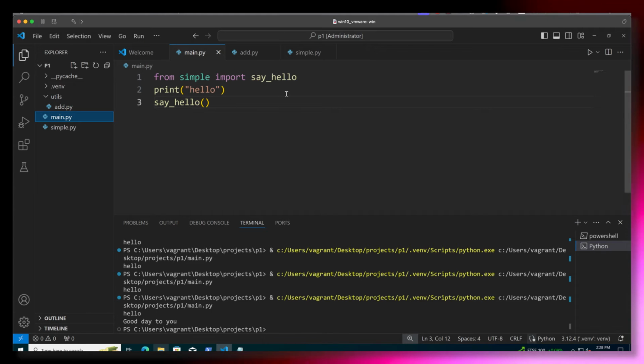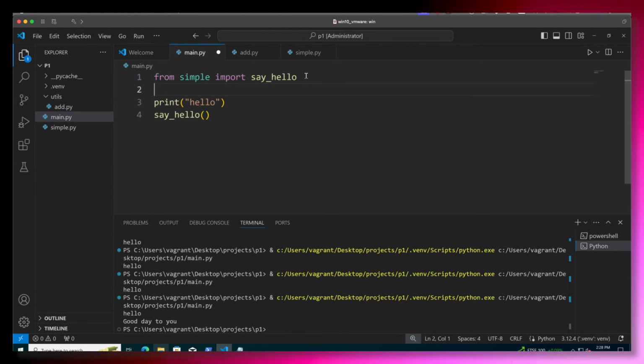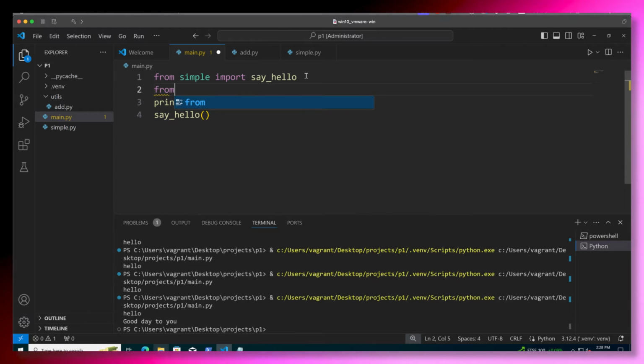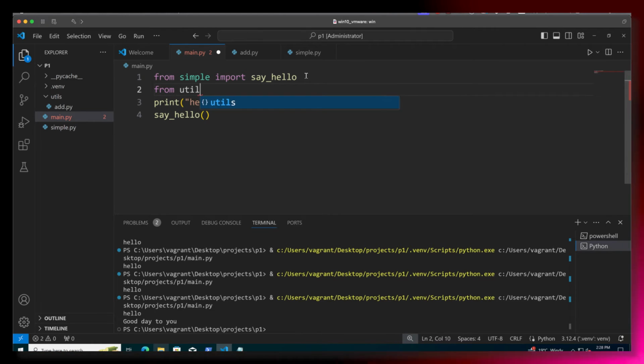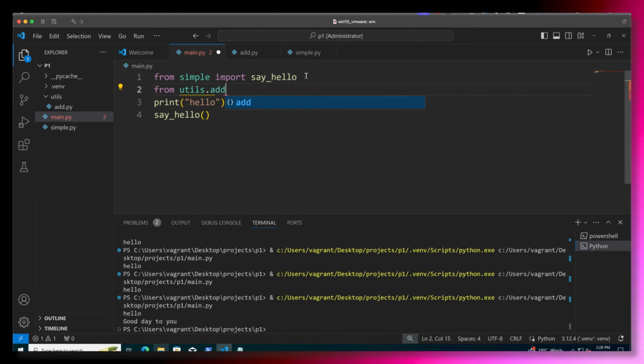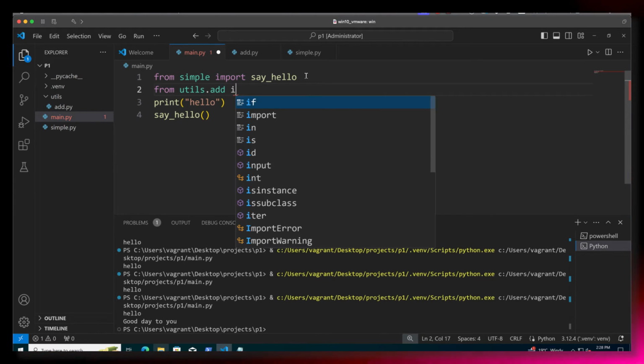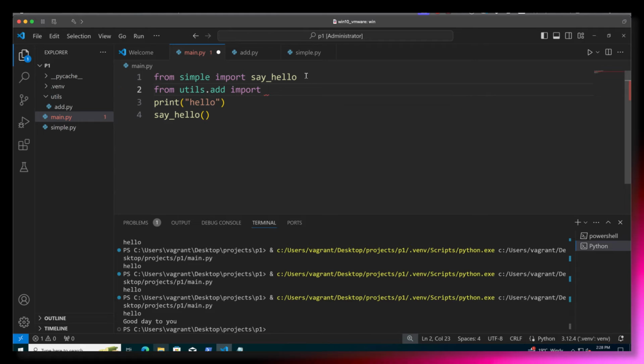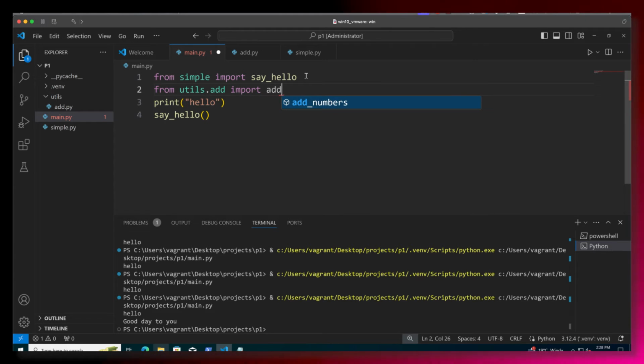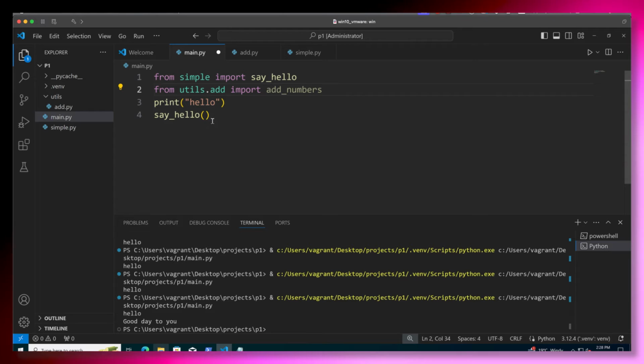I can move back into my main file now. And I go from, and then my package name, utils, navigating down to the module add, so utils.add import add_numbers.